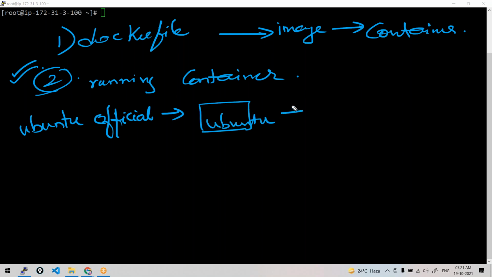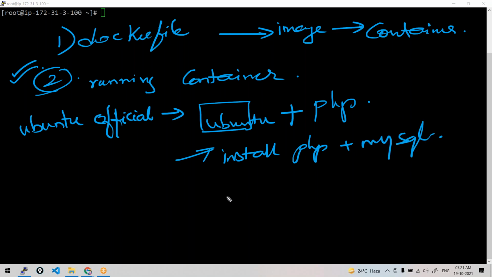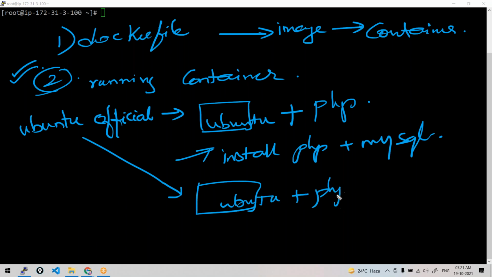Let's say as per your project requirement on this Ubuntu, I need some SQL or PHP. So, fine, you have logged into your container, installed PHP. Also, your project needs some SQL, you have also installed it. Perfect. Now you are working with your container, which meets all the project requirements. Later on, if you want to start a new container, again the same process. You get a Ubuntu container and you have to install the packages over and again, correct? You have to do these steps repetitively.